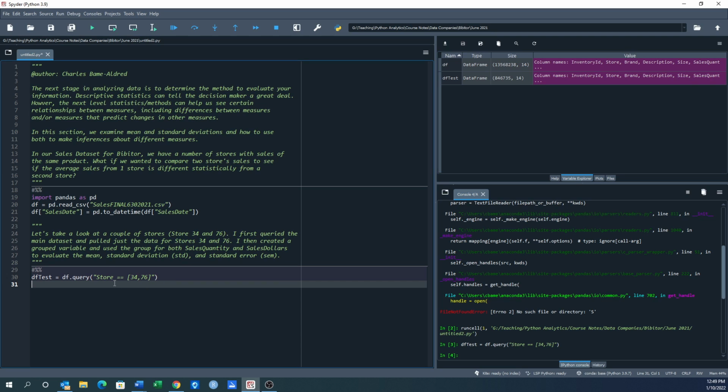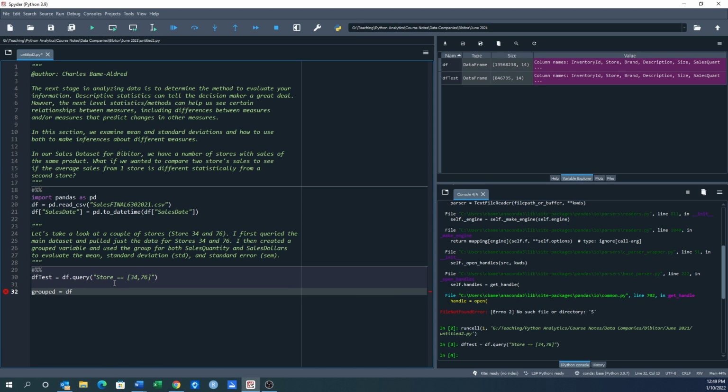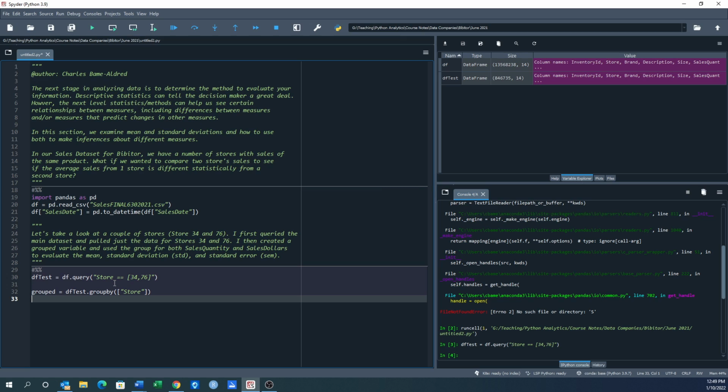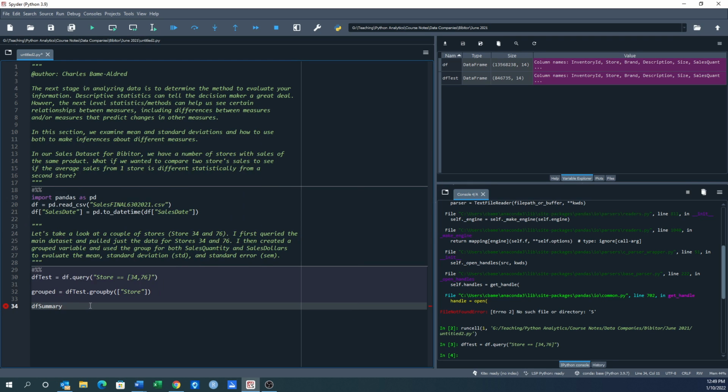The next thing I said, all right, I'm going to group all of this data because there's a lot of sales. We're going to say df_test.groupby, and what we want to do is group by store. Okay, so I'm going to do that, and then we're going to come up with a summary, df_summary. My df_summary is going to equal grouped sales quantity, sales dollars,